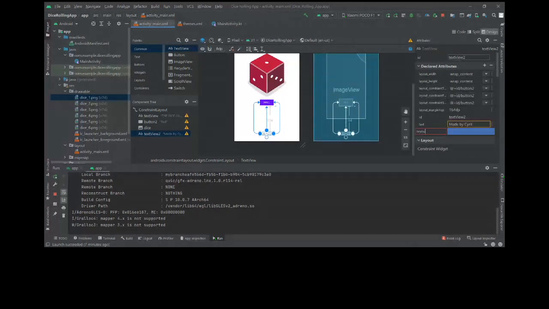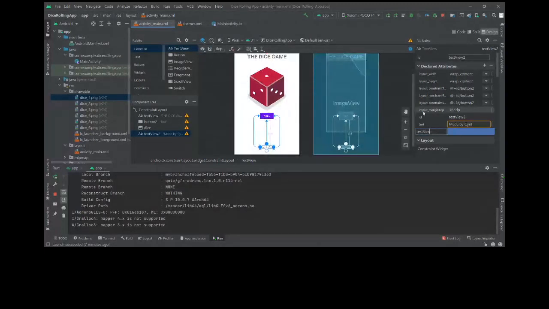One more thing. When I type text size, you can see there are two types of text sizes: one says Android text size, and the other says tools text size. The difference is that when you use Android text size, it changes the value in this view and also in the real application.